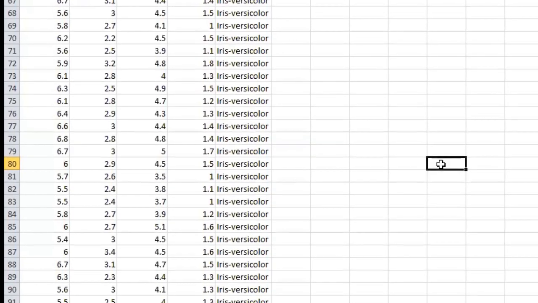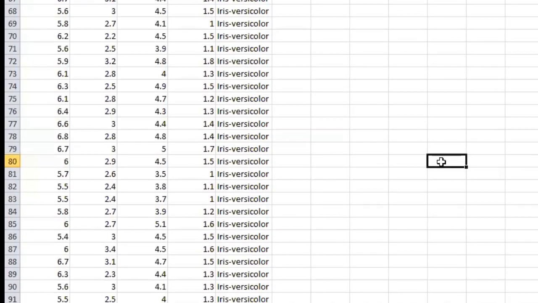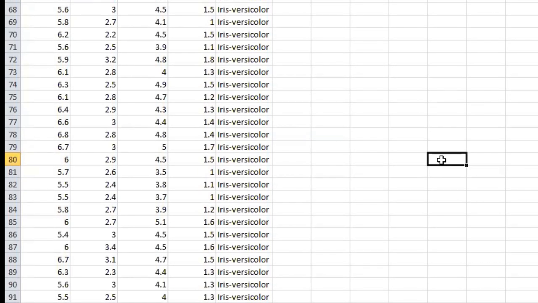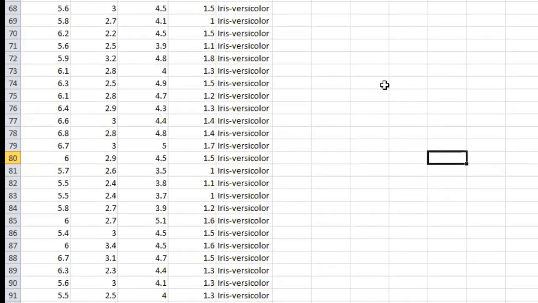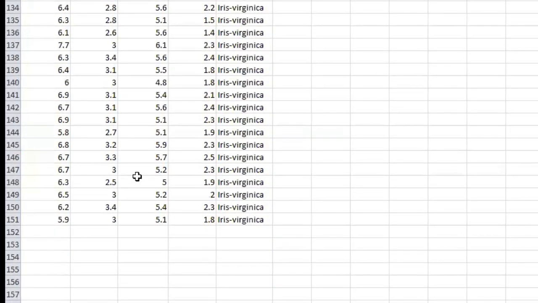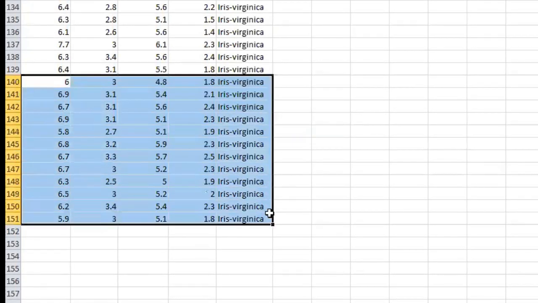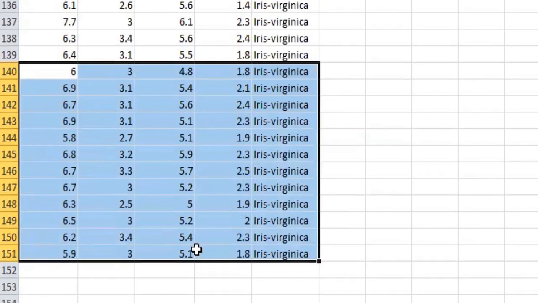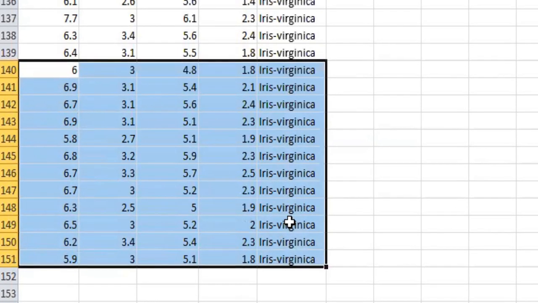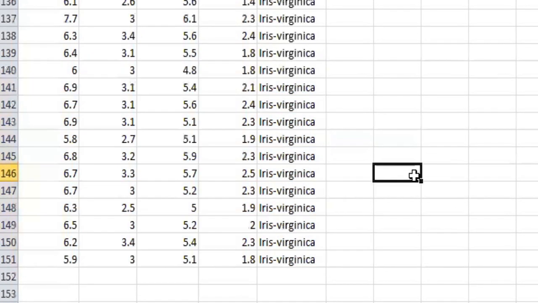It will not follow a pattern. It will take any data randomly. So there are 150 data points. Let's say our model is trained on 140 data points,